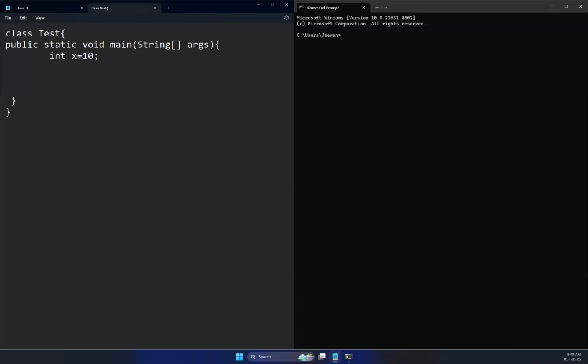Modulus by 2 equals to 0. Yes, by modulus by 2, by equating it to 0, we can check whether it is an even number or not. So, I'm going to check if x modulus 2 equals 0, then it would be an even number, right? So, I'm going to display